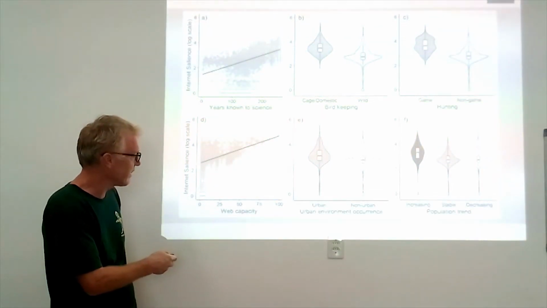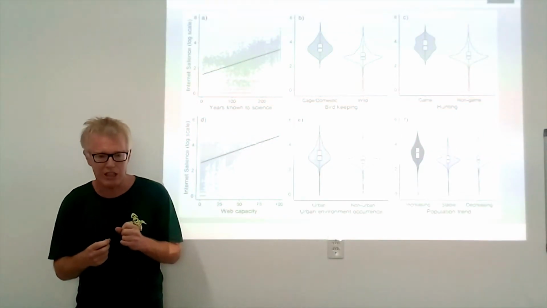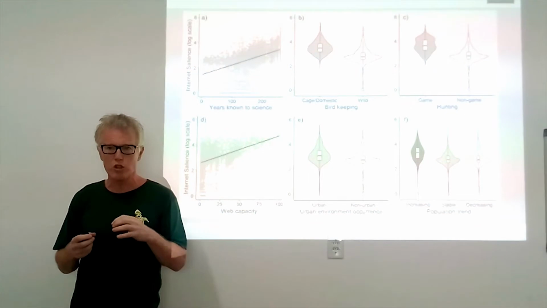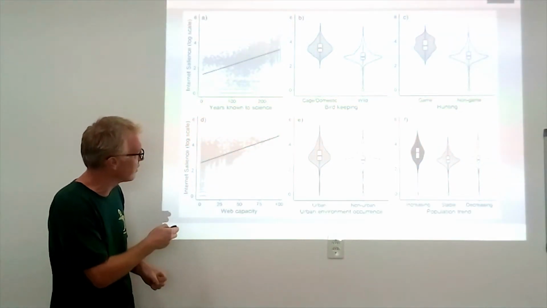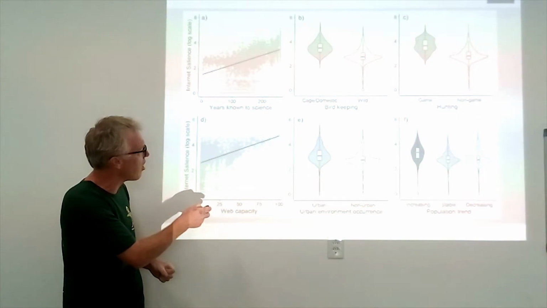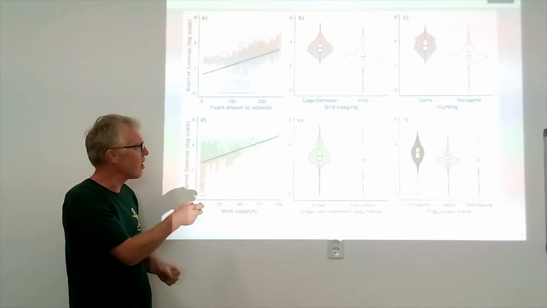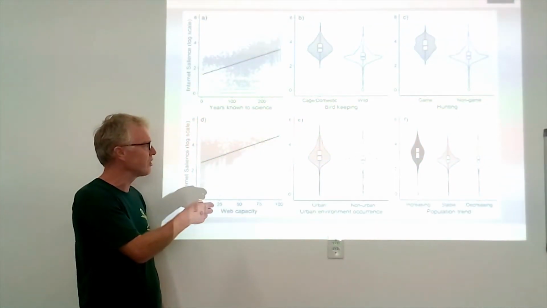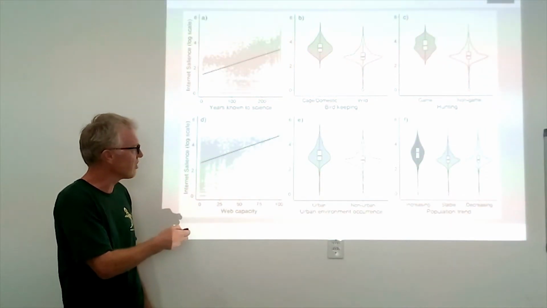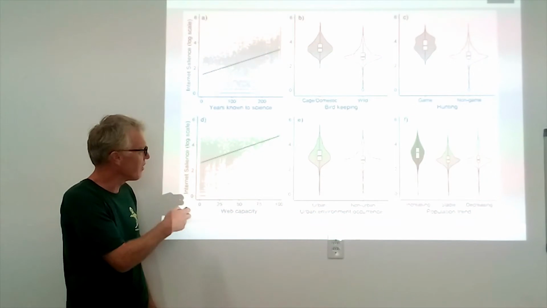Web capacity, calculated as the percentage of global web users within countries where the species occur, and you can see very widespread birds that occur in high internet usage countries tend to have high internet salience. So this is adjusting for internet